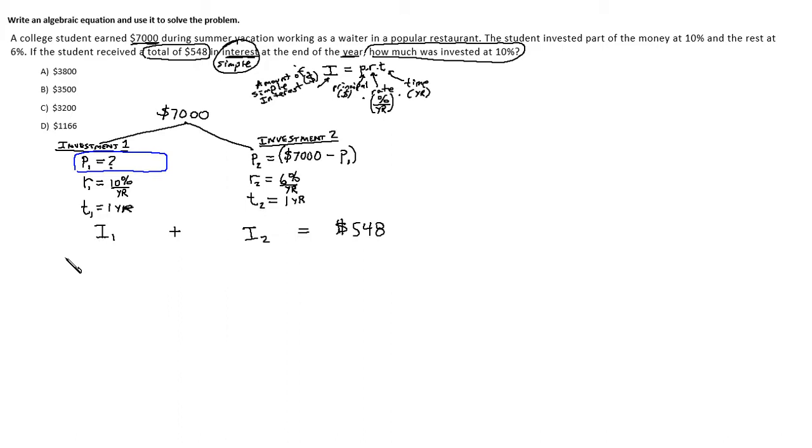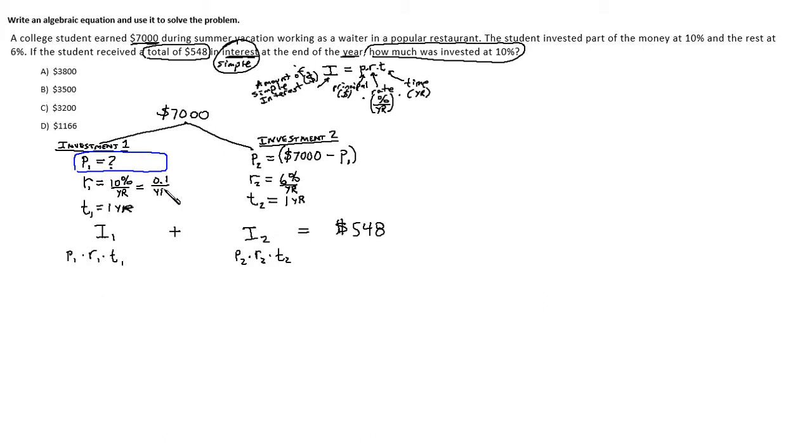I1 comes from P1 times R1 times T1. And I2 comes from P2 times R2 times T2. In these two sets of factors, we can start substituting in things that we know. First of all, we shouldn't use percents as percent when we're multiplying. If we replace the percent sign with divide by 100, this rate becomes 0.1